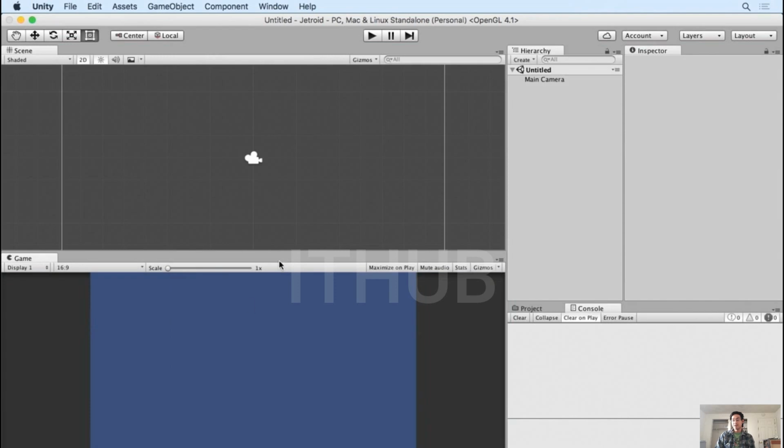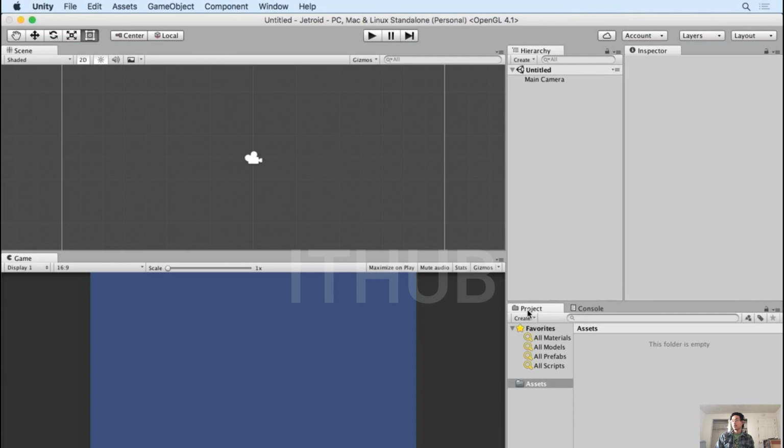it to 16:9. As you can see, now we have our windows set up so that it's easier for us to develop our game. We can work in our scene at the top, laying things out and moving things around. We can preview what's going on in the game view. And we also have our hierarchy panel to the right, so we can see what's in our scene, the inspector next to that, and below our console for debugging, and our project tab for managing the files inside of our